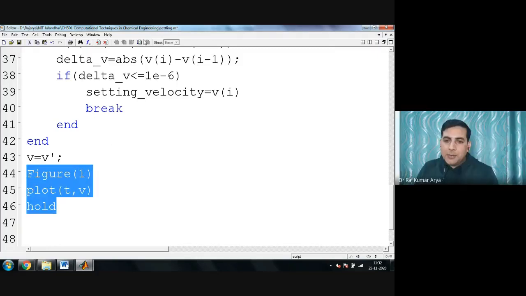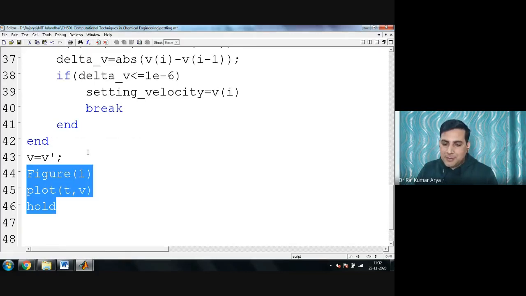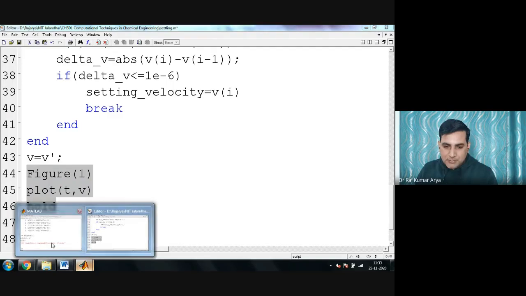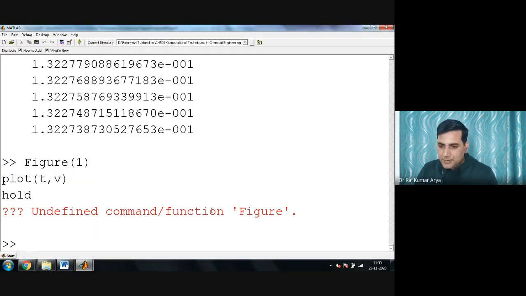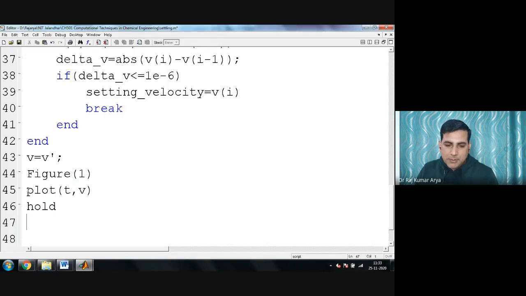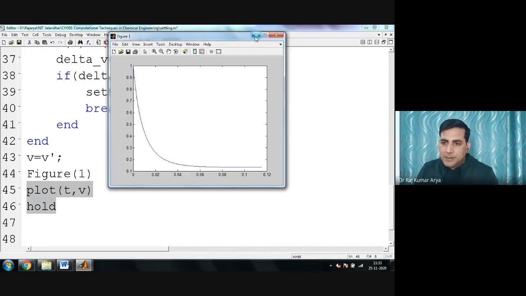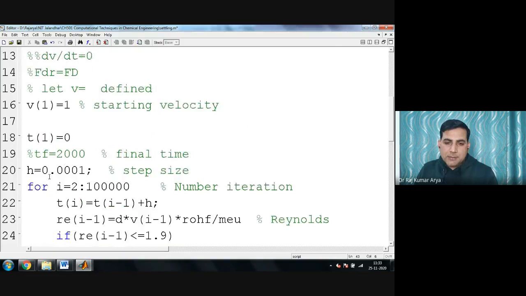Yes, sir. So you can directly plot it here. You can run from here, select it and evaluate the selection. What happened to this? It should run. Okay, so maybe I can plot it this way. So this is what you have. Now you want to run it for 2. Let's say you can run it for 2 here. You can save it, or by default it will be saved.